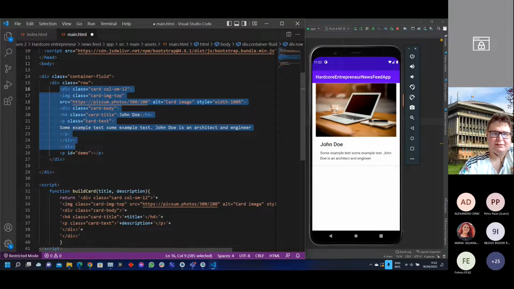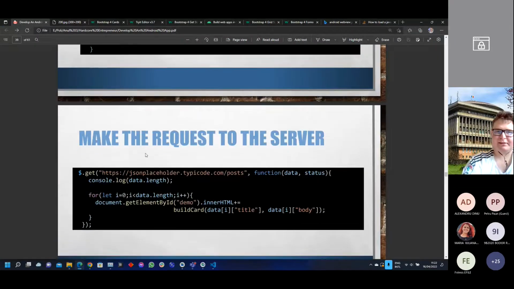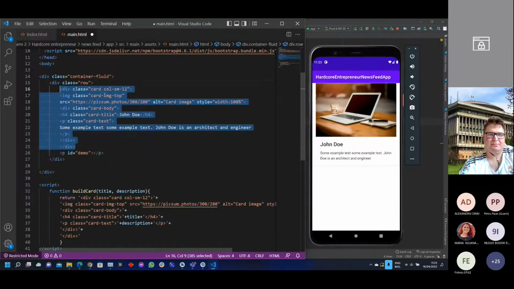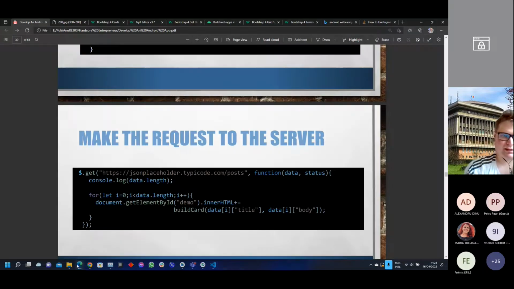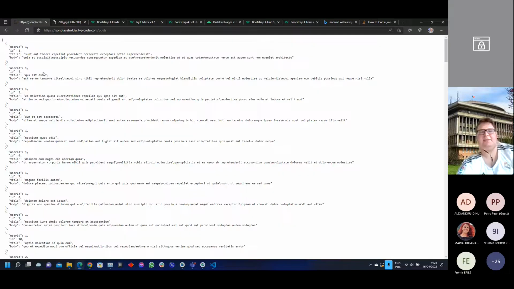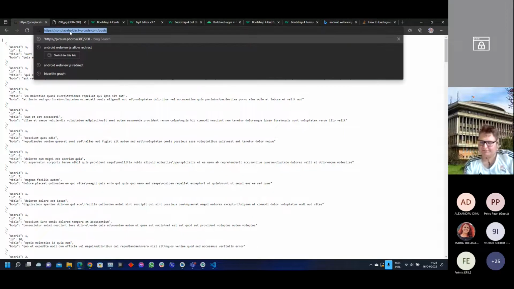Right now, we'll no longer need this one here. And let's see what's the next part. We'll have to do a request to the server. For debug purposes, let me leave the card here for a few seconds. A request to the server means that we get data from a server. Well, accessing a real server, we need some knowledge that we are going to learn in a few minutes about servers. So right now we're going to simulate this server using this link,